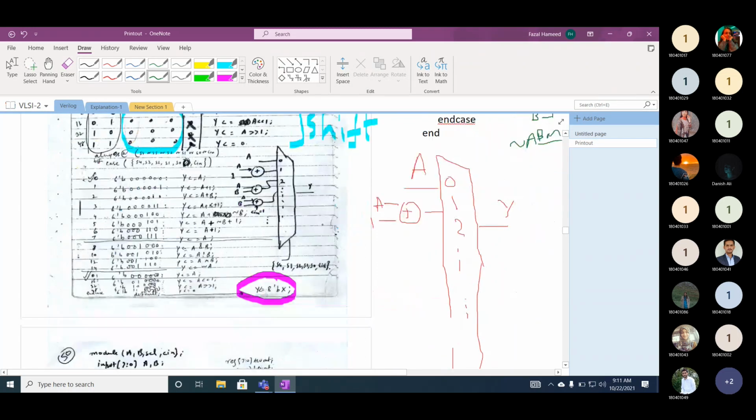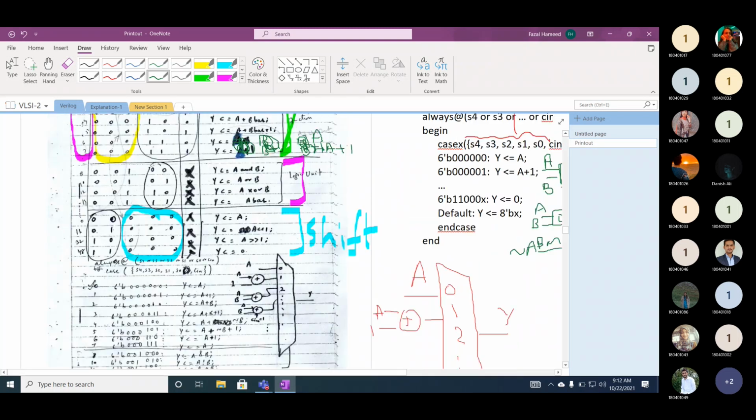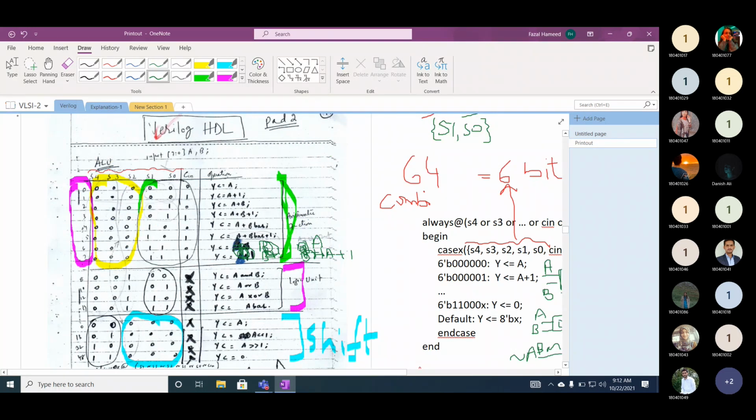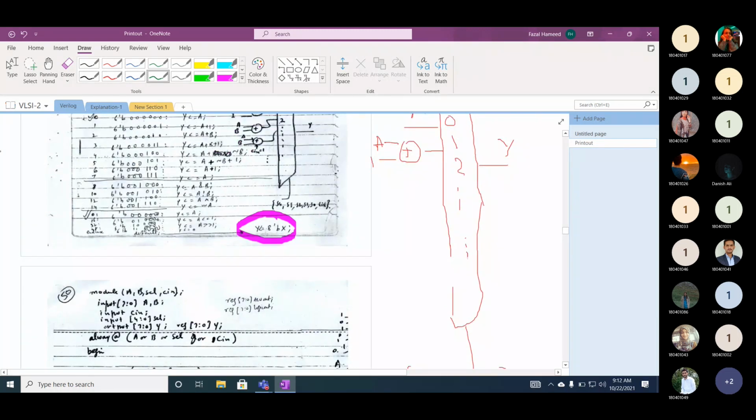Now if we want to design this shift component, which select lines can you use? S4 and S3, not S5. The most significant is S4. It's a 5-bit signal starting from S4 and ending at S0. So you need another multiplexer. Let's assume this is a multiplexer. On the select lines are S4 and S3. Out is 00, 01, 10 or 11.